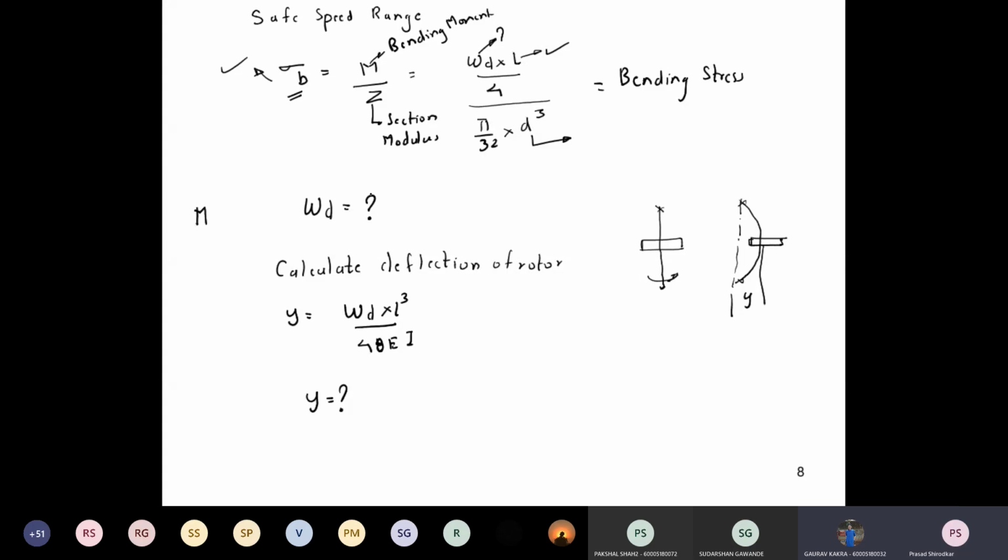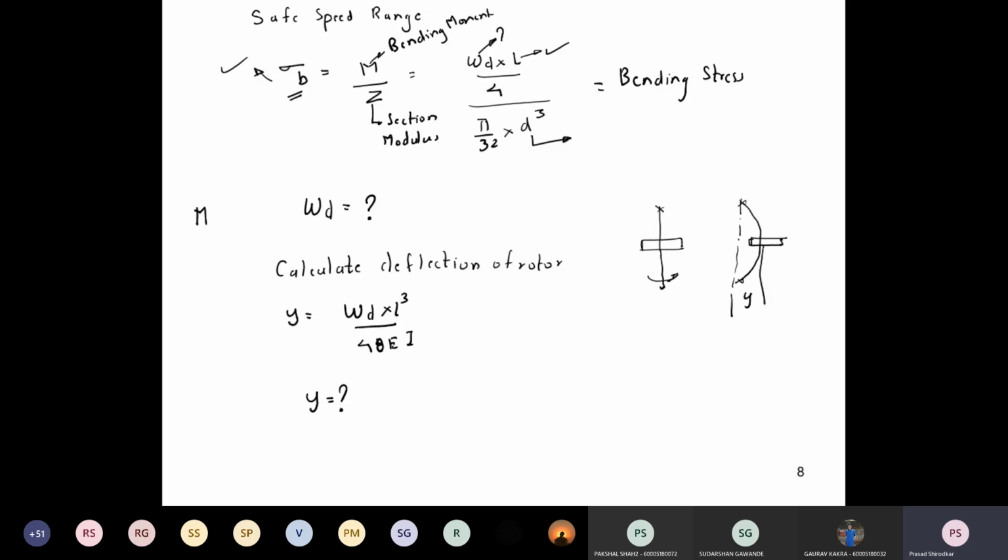That is pi by 32 d cube, or your polar modulus. Yes, J, sometimes you write it as Z. J is the polar moment of inertia, sorry, I stated it wrongly. J is the polar moment of inertia, but Z is the section modulus. So that is J divided by the distance from